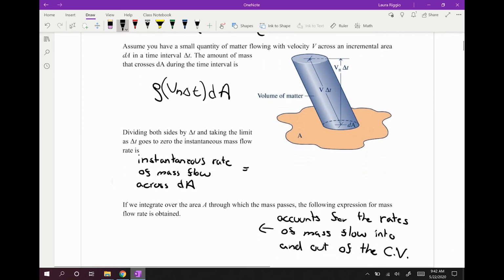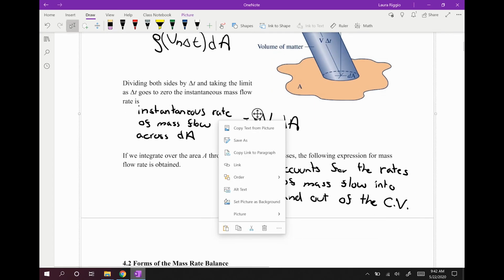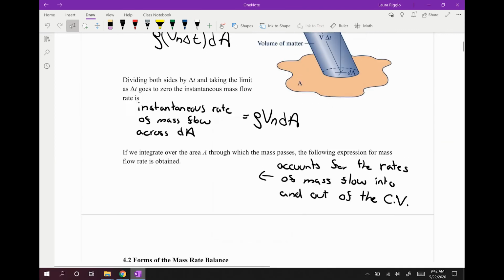If we were to divide both sides by time and take the limit as time goes to 0 to get our instantaneous mass flow rate, our instantaneous mass flow rate becomes our density times our normal velocity times our differential area. If we were then to integrate